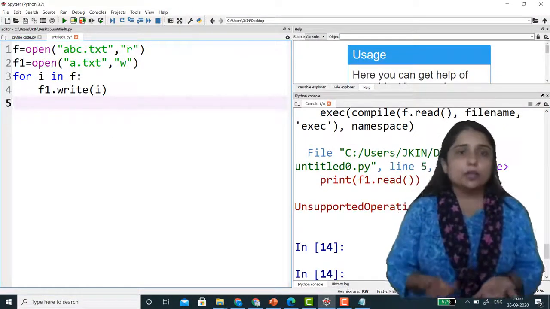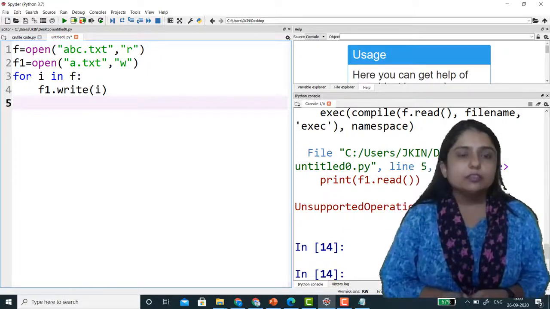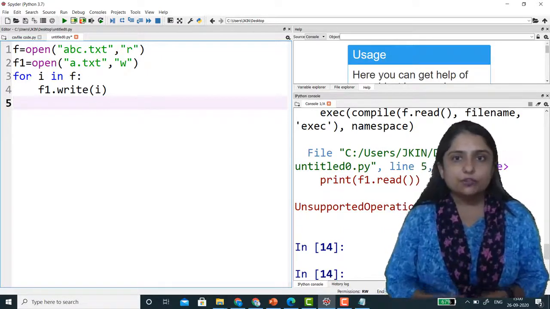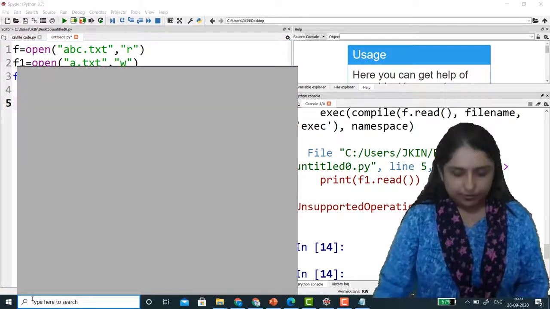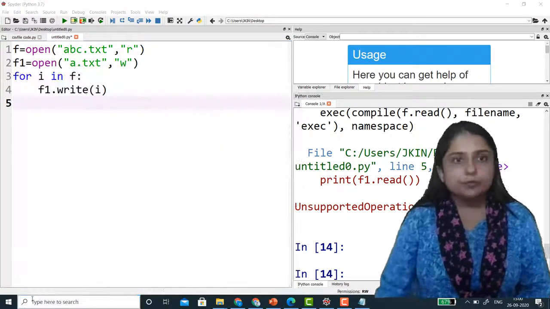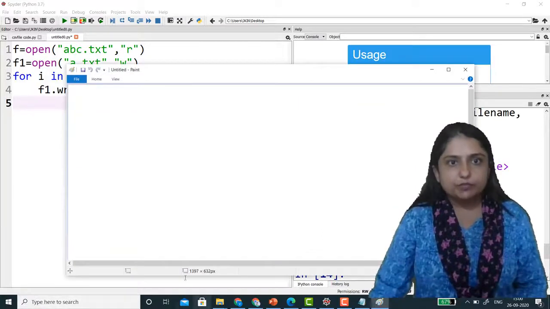Now, if I want to open an image file, how can we open the image file? Let's see this quickly. Here I'm using Paint, and I'm copying an image here.